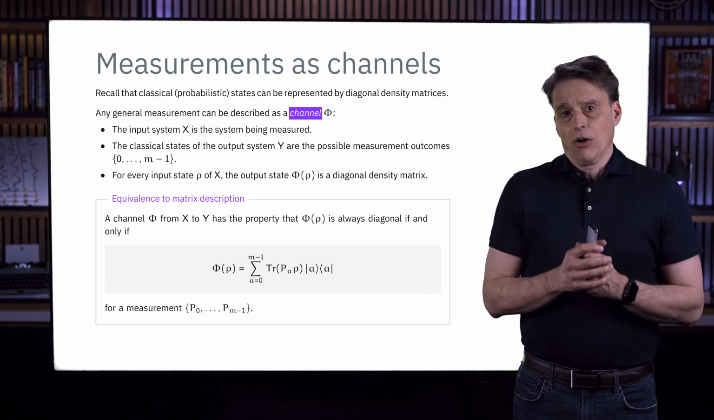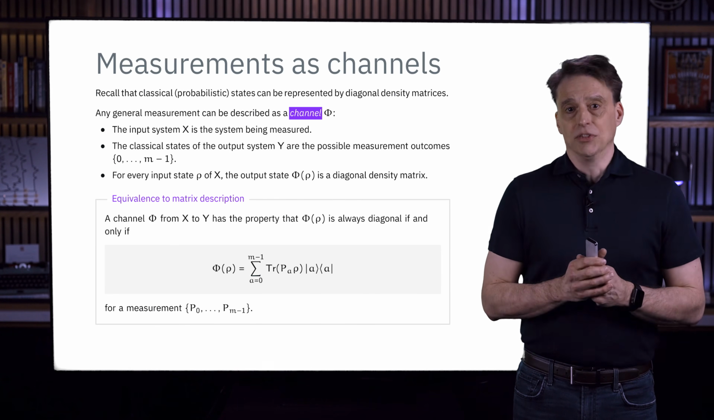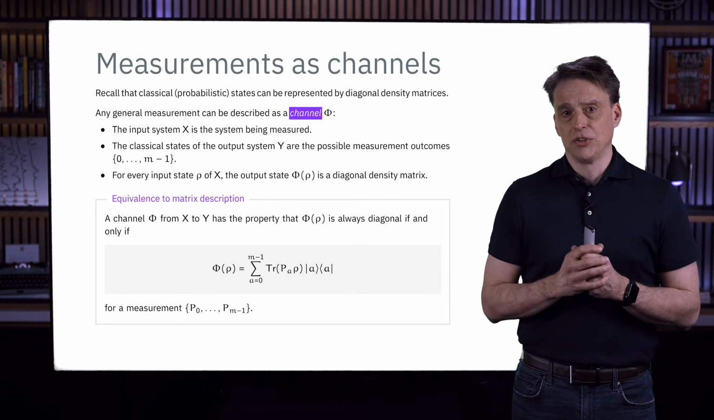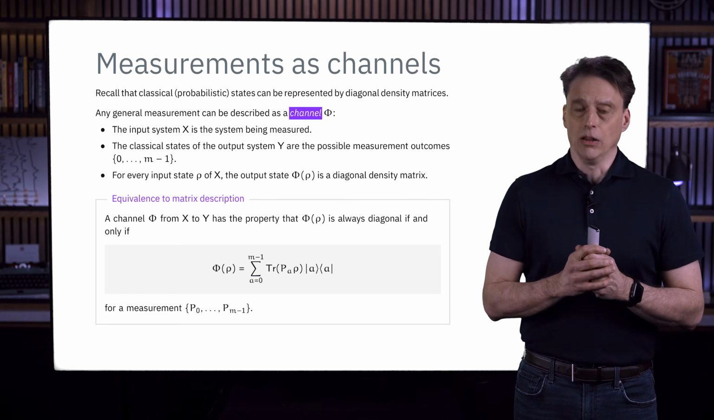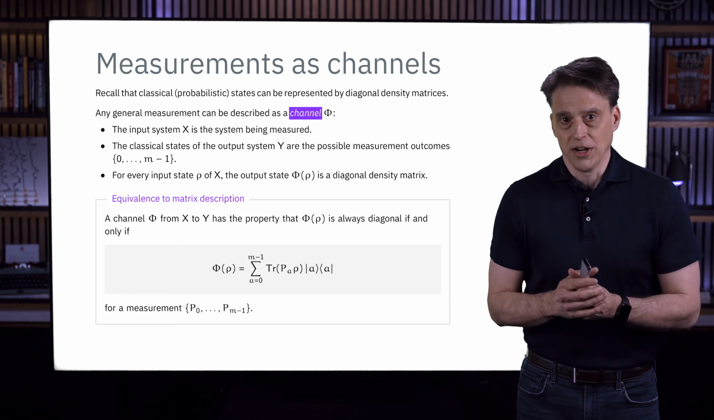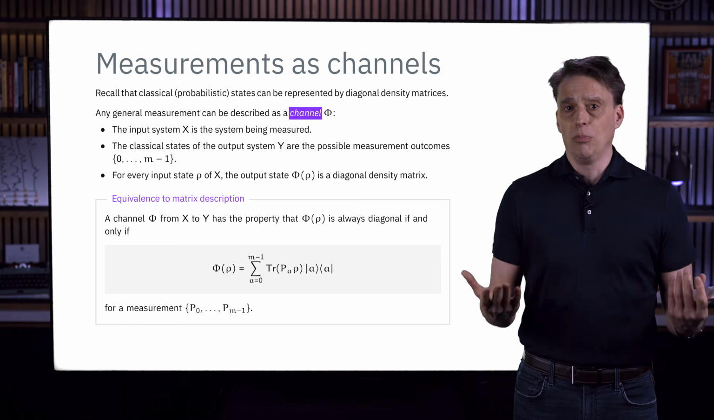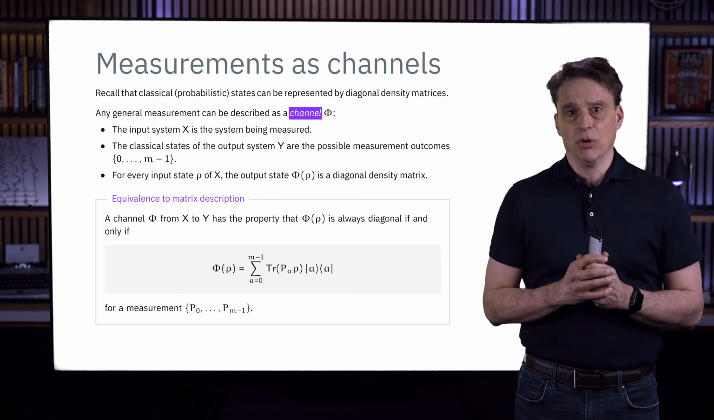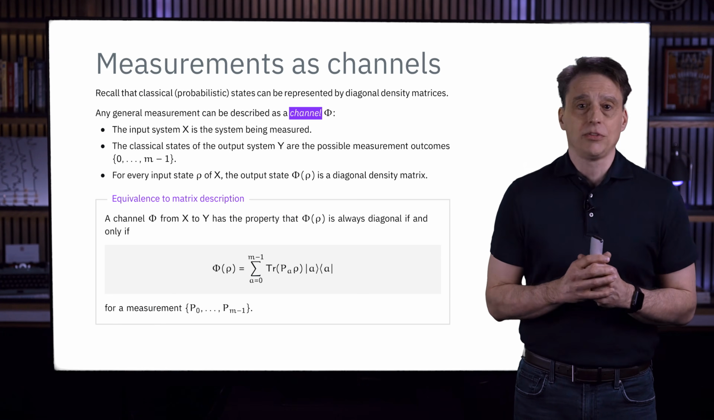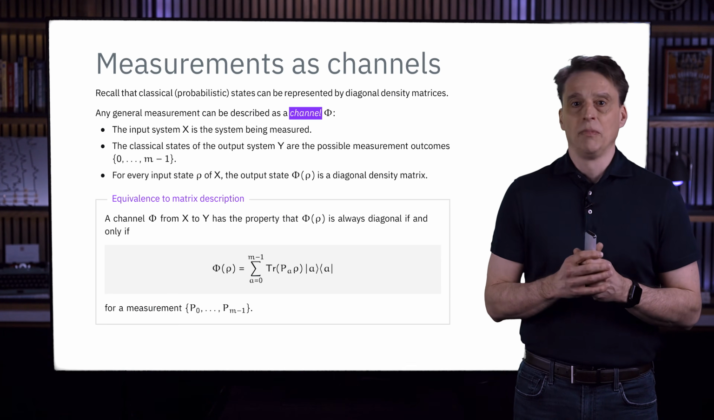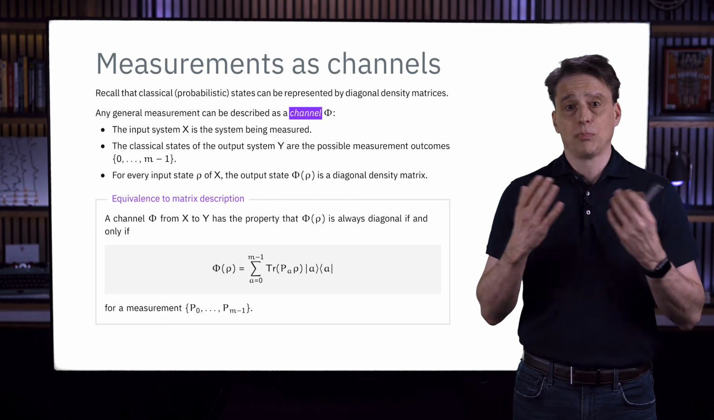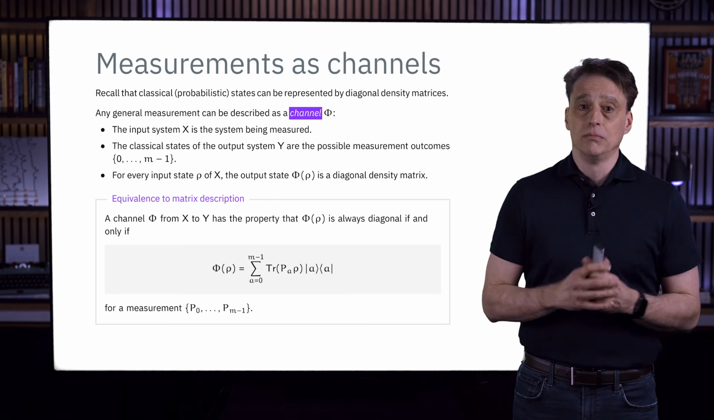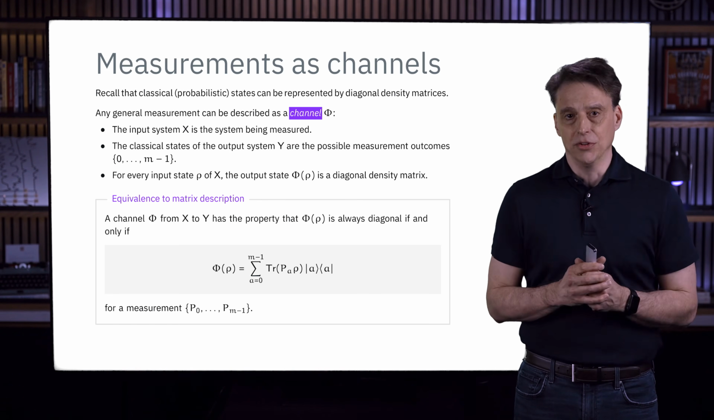So, measurement outcomes can be described as channels, as I've just described, but this is not just a possibility, it's a characterization of general measurements, and what I mean by that is the following. Of course, there are channels that don't represent measurements because the output might not always be a diagonal density matrix. But if it is the case that the output of a channel is always a diagonal density matrix, regardless of what input state rho we choose, then it is necessarily possible to express that channel in the form that's shown on the screen for some choice of a measurement, meaning a collection of positive semi-definite matrices that sum to the